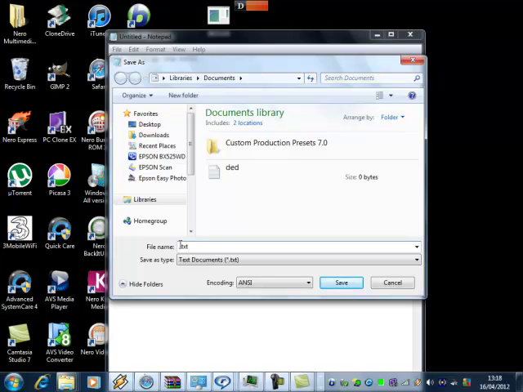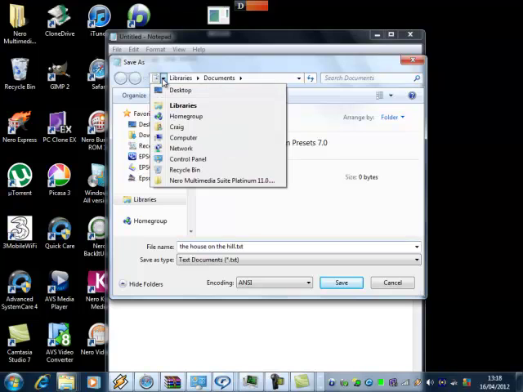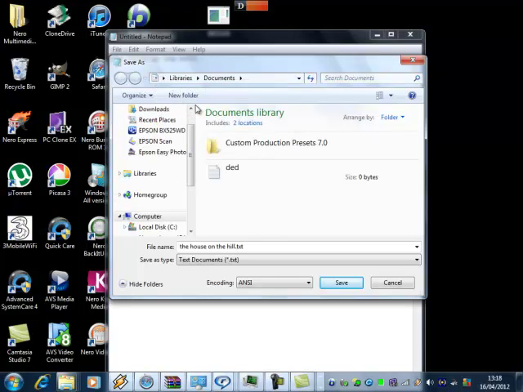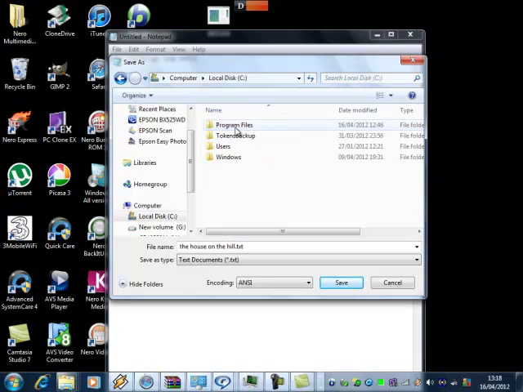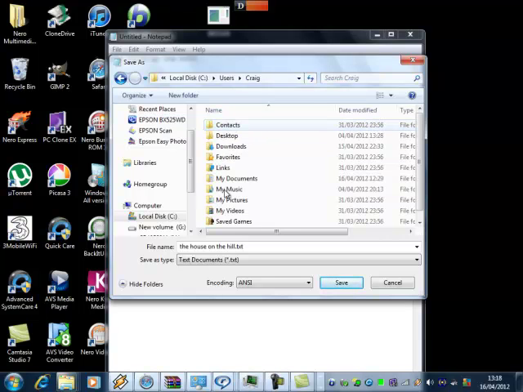Right, so the house on the hill. Right, and you save it, but it says here documents library. Don't matter about this bit because they're all different, but this bit's always the same here: library, documents, and C drive. Okay, so click here. You recognize familiar here. Make sure it's the computer that chooses it, not you. Make sure it's the drive where you want it, not the computer. Make sure it's where you keep your folder of what you want kept, labeled where you want to keep it